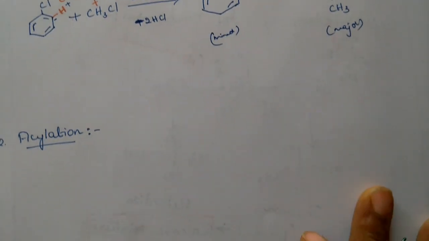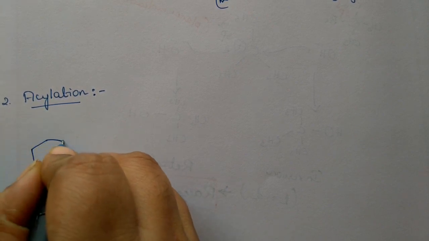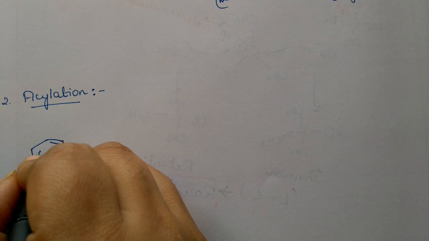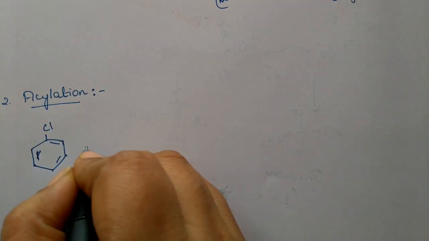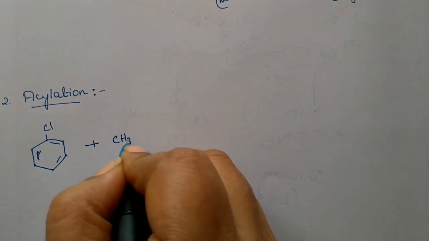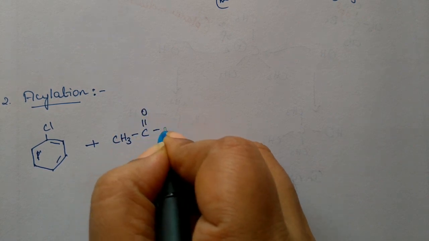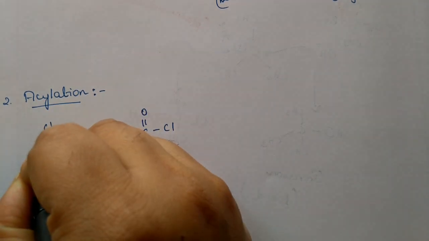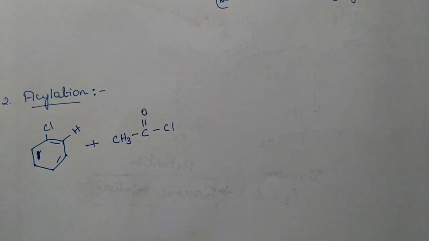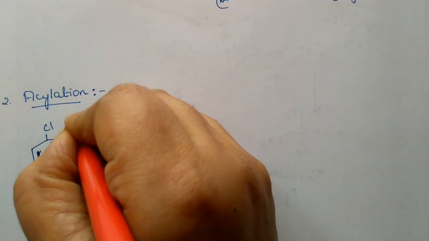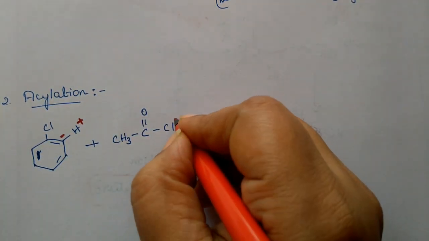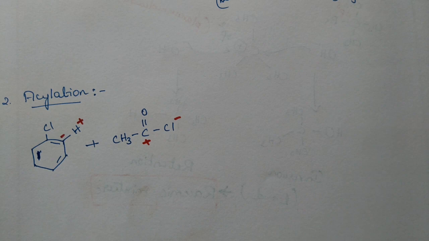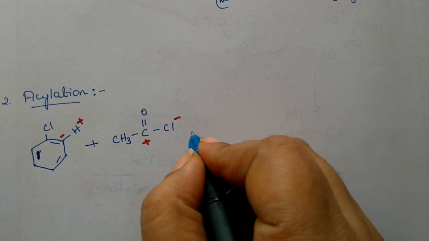Likewise, acylation. Acylation is also important. So that is the chlorobenzene. There also same thing. And acetyl chloride we are going to take. So it is also an ortho and para directing. So we have CH3, C double bond O, Cl it is. So on benzene ring, we know that in all the carbon atoms, we have hydrogen. So if it is plus, then it is minus. If it is minus, then it is plus. So what are the same thing?